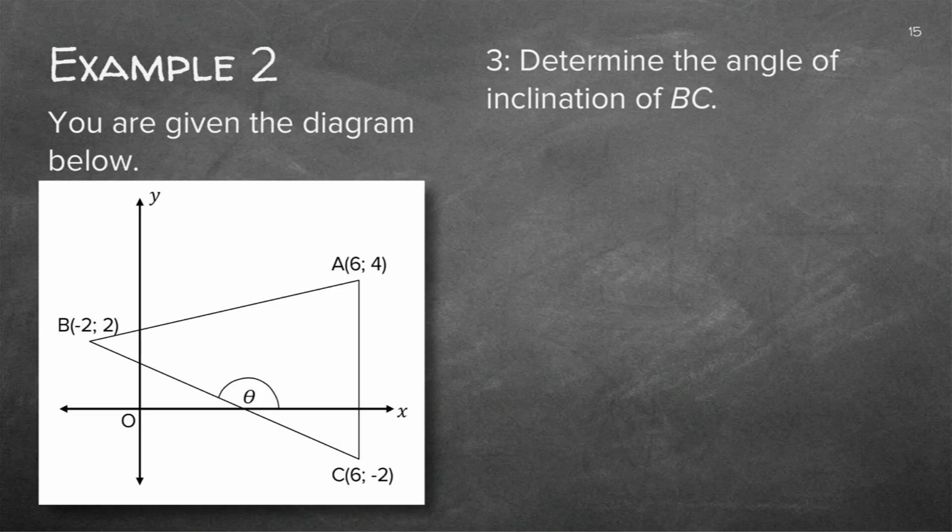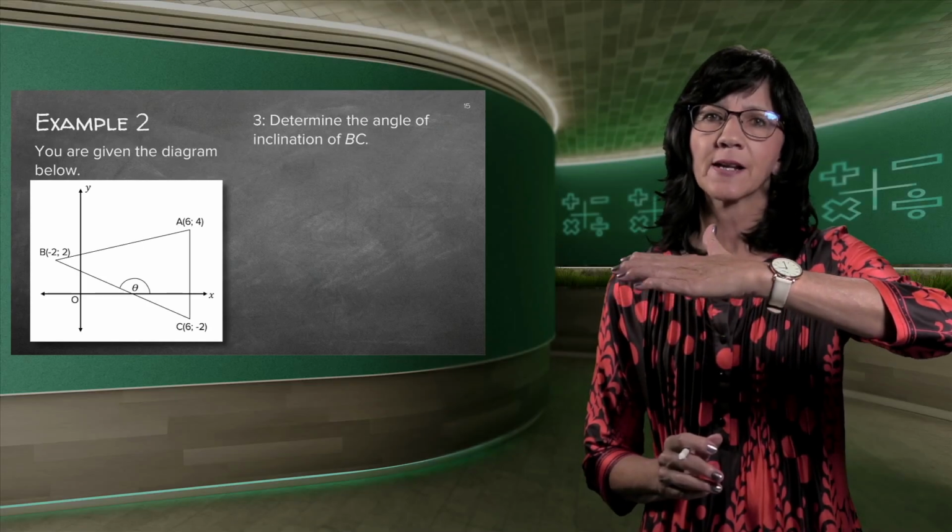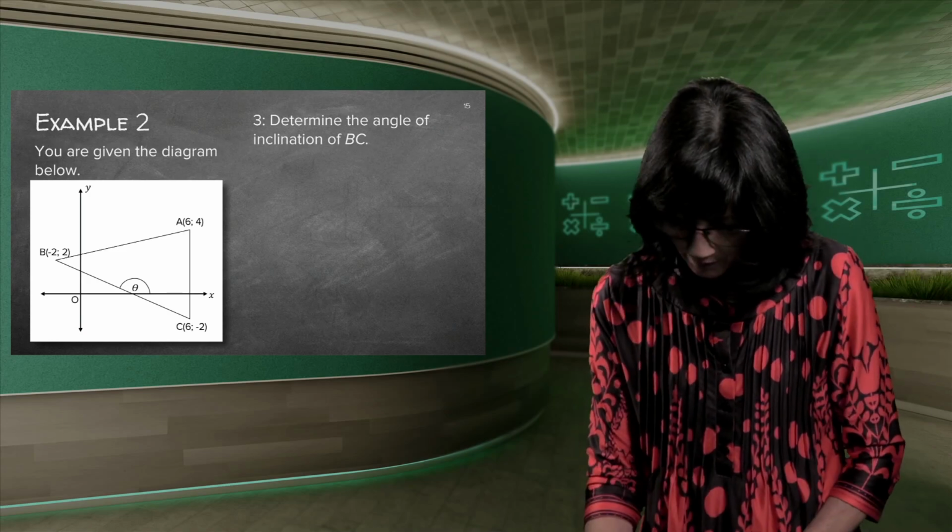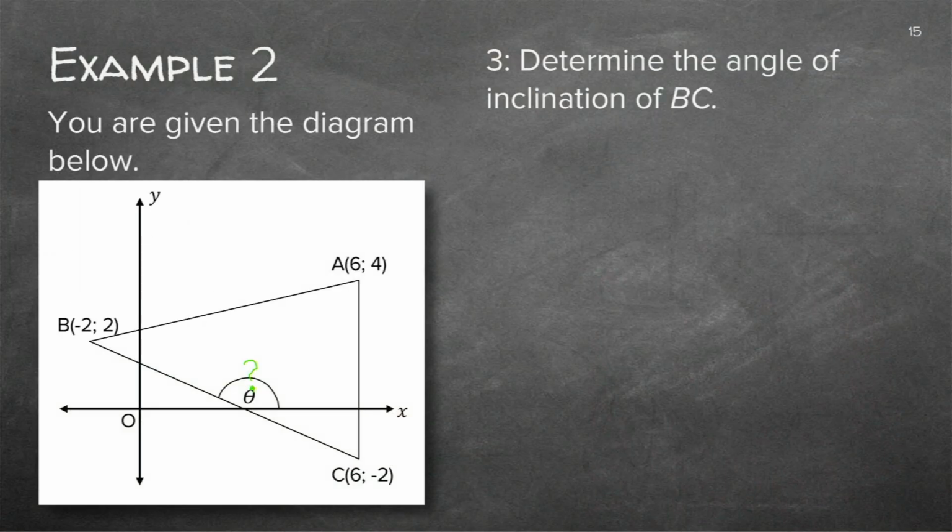Good. The last question. Determine the angle of inclination. Now you remember what angle of inclination is? It's that angle formed by the x-axis going anti-clockwise. So you agree with me? This is what they're asking, the angle of inclination. Now, the minute I read those words, angle of inclination, I know a formula for that. The formula is m is equal to tan theta. That means I can find the m if I have the theta, or I can find the theta if I have the m. Now, they're asking the theta. In other words, somehow I must have the m.